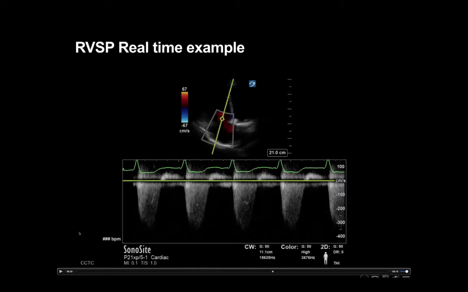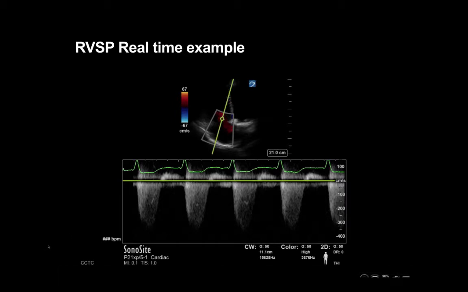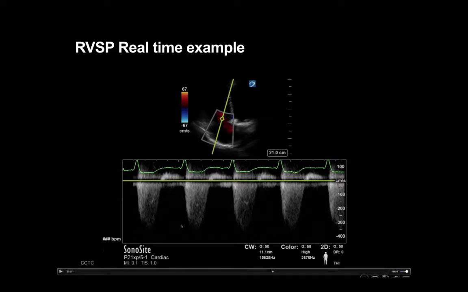Again, the good news is the machine will do it for us simply by pressing the caliper button. It will automatically acknowledge that if we're measuring in the Doppler mode, it will know exactly what we want. We're not interested in anything other than measuring the flow characteristics, which will include converting the flow velocities into pressure. So you'll see that now where the calipers are going to be engaged,